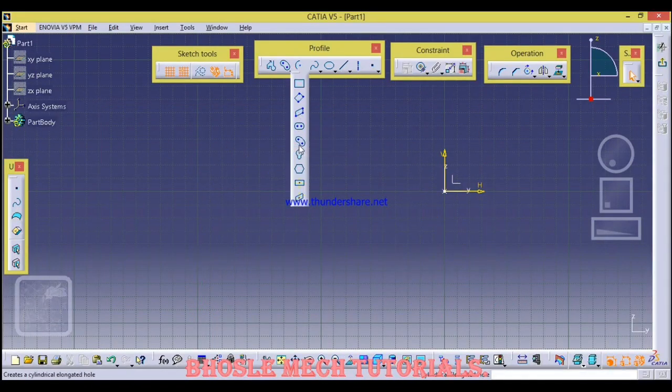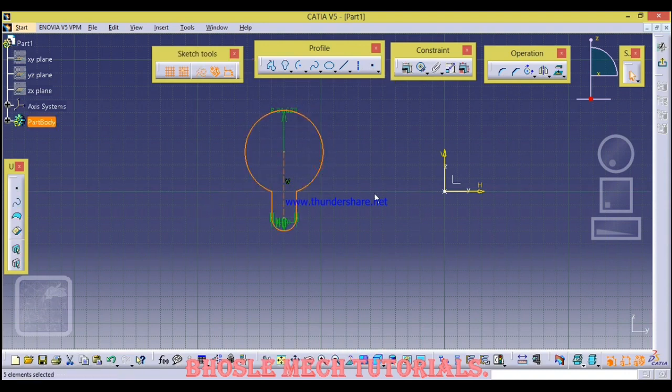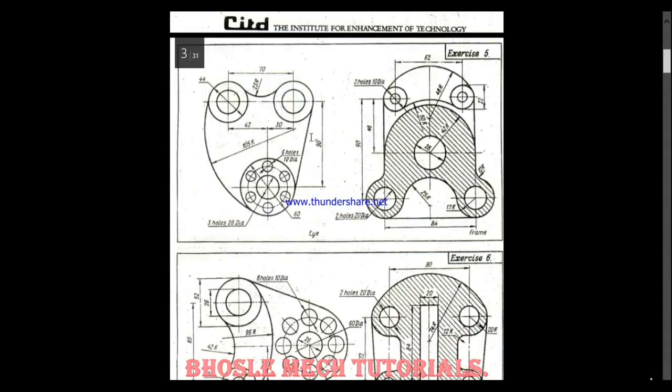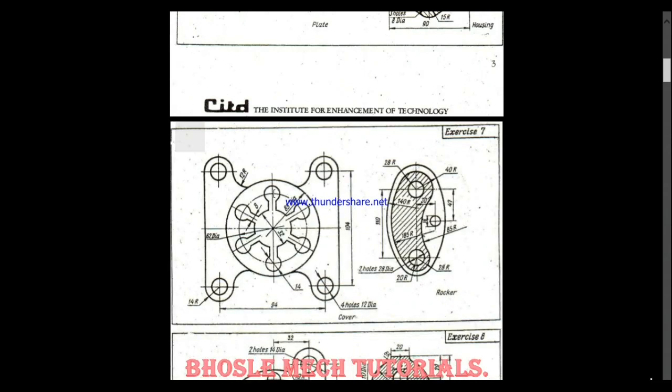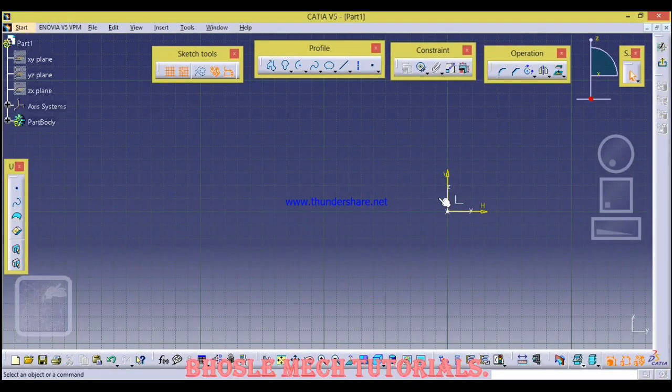Now this is the keyhole profile. In this we just have to click once like this. According to your measurements you can draw a keyhole profile. See here, we drew it like this. I will show how it helps. See here, these are keyhole profiles which are drawn by using that command only. Like this we can draw it.